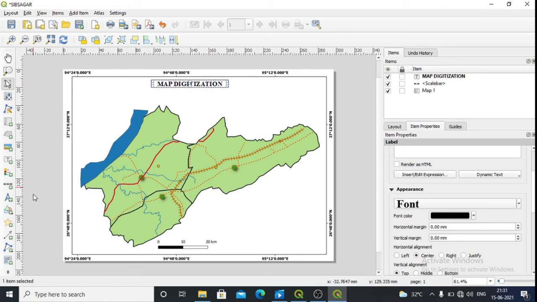Okay, so I want to add one more label. Here this will give us Sibsagar district.